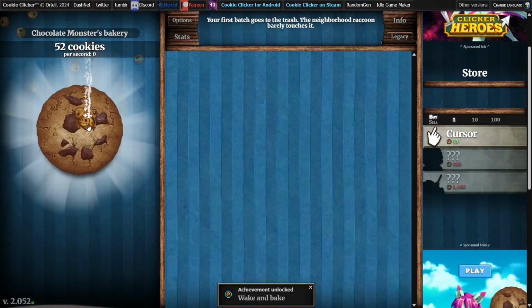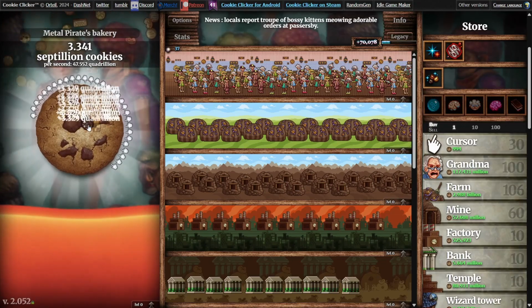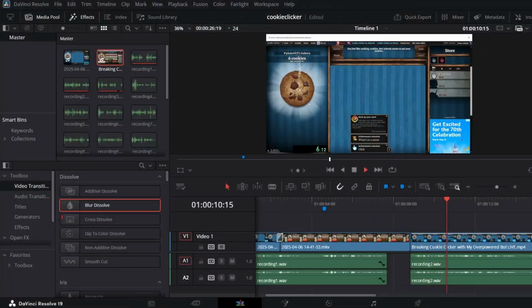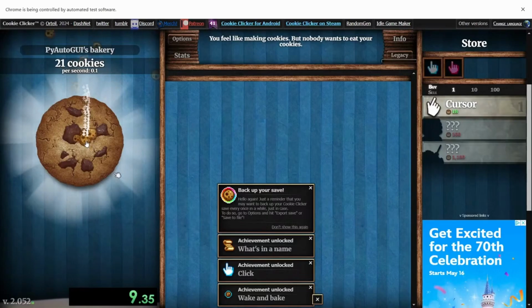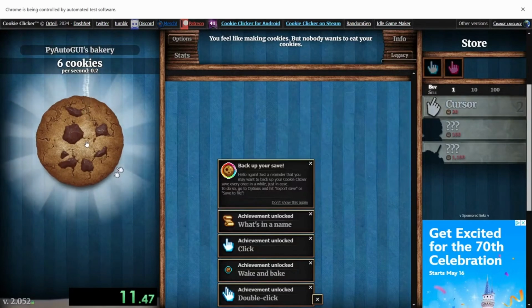This simple game from 2013 was made to waste your time. So I taught my computer to play it for me while I made this video. This is my cookie clicker bot I made using a library called